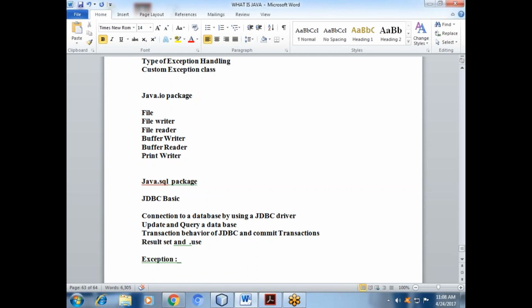If any interruption or disturbance arises, this is called an exception. In Java, whenever you get an exception, it means the particular task is not completed, and as a developer you can find a different way to solve it.